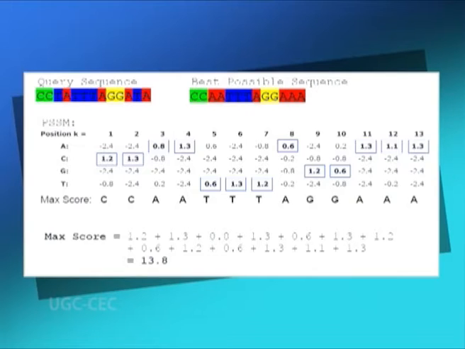Here we can find the maximum score as 13.8. Thus, the heuristic threshold for a match is equal to 0.6 into 13.8, which is equal to 8.28. Since the query sequence score was 11.9, this query is a potential transcription factor binding site.